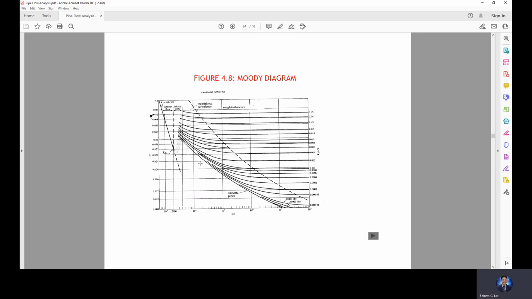So we just plot it on the Moody diagram. If you have a Reynolds number, then you have a value of K over D. So you can now plot the Moody diagram. So this is like the dividing factor. This part here is still laminar, because you will notice